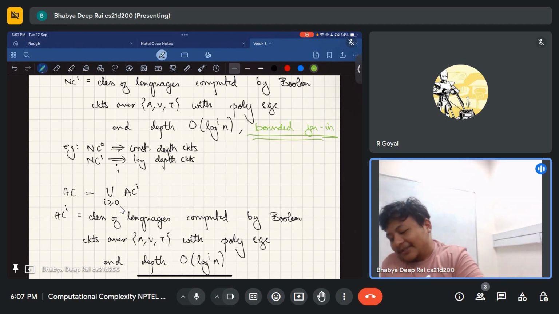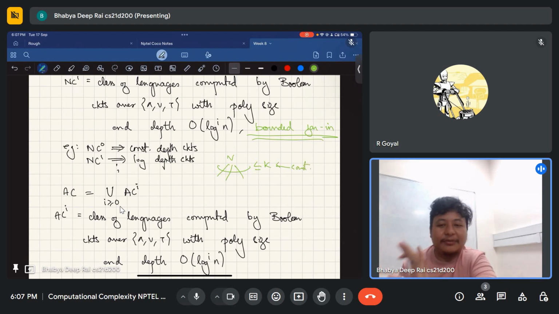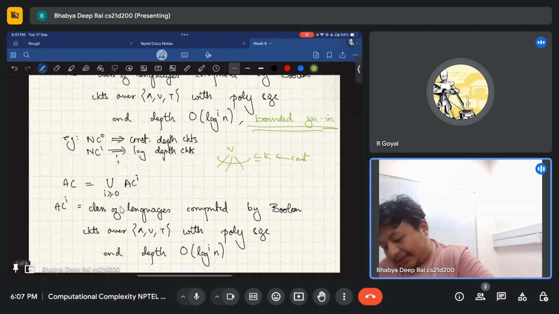So what does that mean? The fan-in of each gate is at most a constant, that is, it does not depend on the input size. But AC,